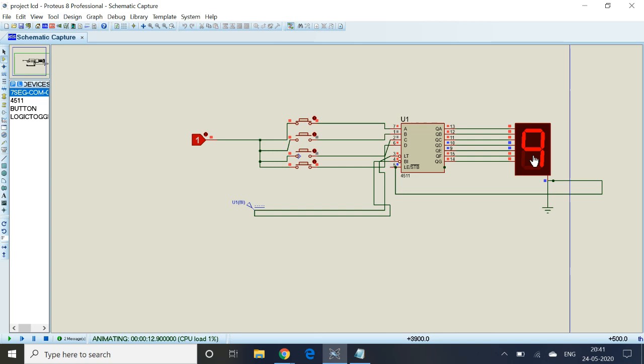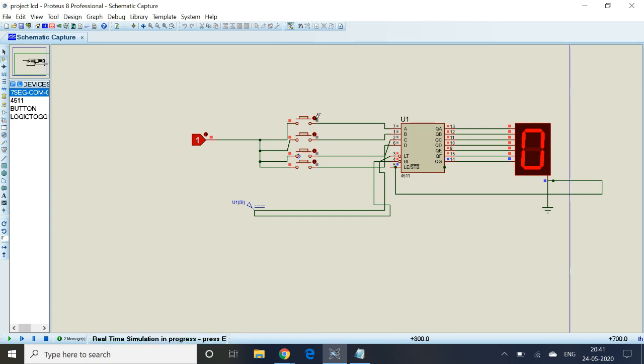Number is displaying 0 to 9. So if all are 0, that is if this button is not connected, then you see here it displays 0. Okay, this is A, B, C, D.